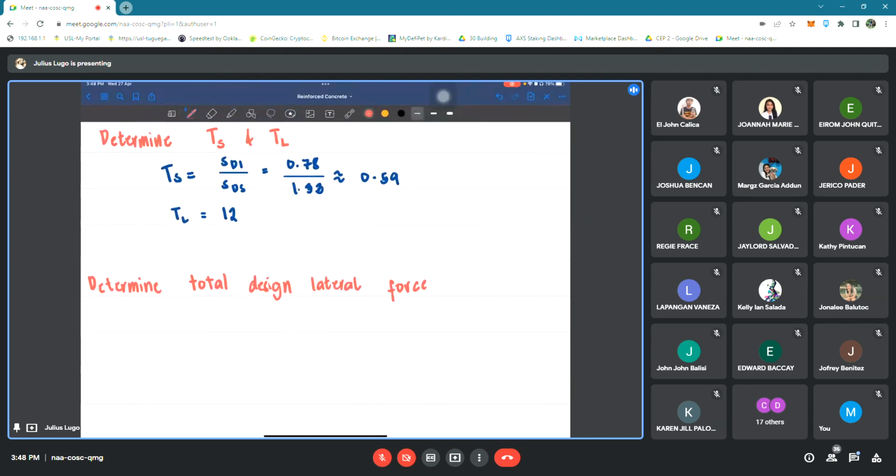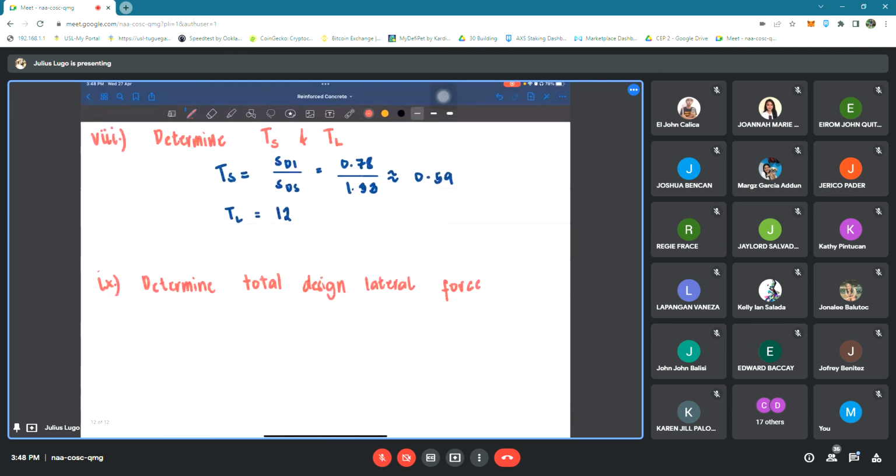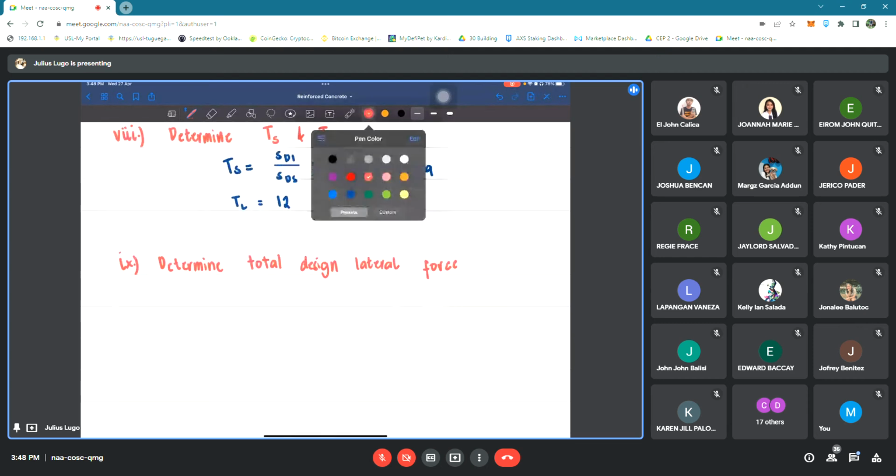So yung lateral force, that will depend on the base shear value. So ang formula ng inyong lateral force, FX, is equal to